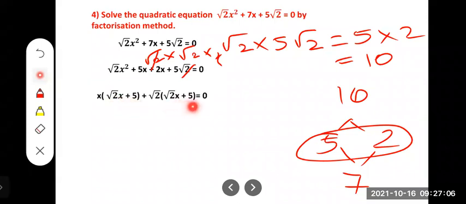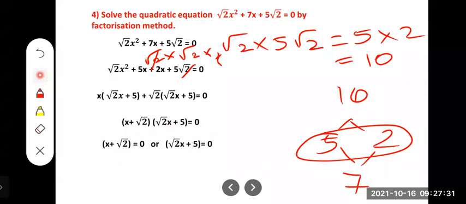Yes. Now you see here also root 2x plus 5. Here also root 2x plus 5. Take this one common outside. So what you will get? Root 2 plus x 5 and the remaining is x plus root 2. If you write this one here, you write this one here, no problem. Okay, children? So root 2x plus 5 and x plus root 2, you are getting over here. Clear, children?